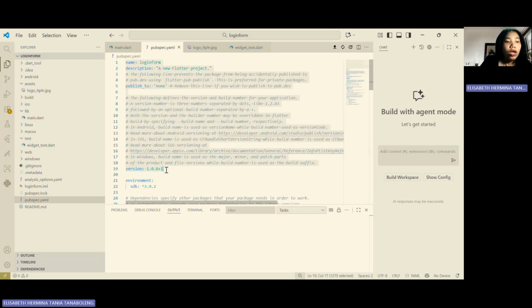Number two, description briefly describes the application. Number three, publish_to none means this project will not be uploaded to pub.dev, suitable for a personal project or college assignment.